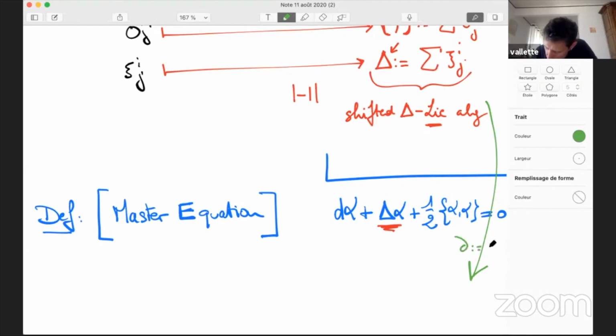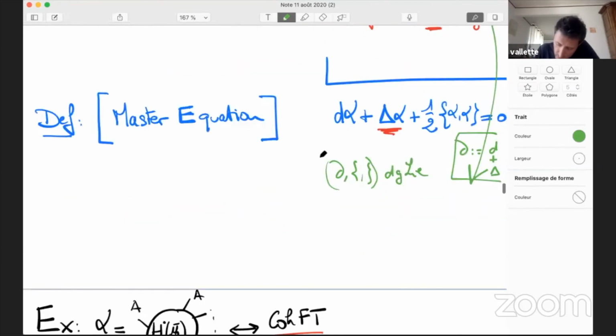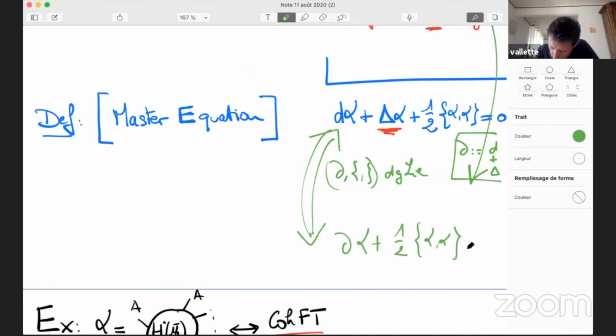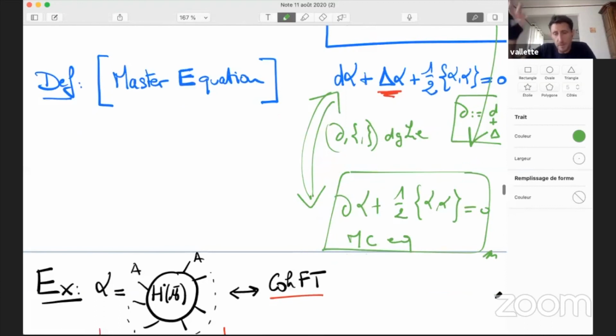We could take, let's say, curly D, which is D plus delta. Both have degree 0. So I can now forget this. I can take the sum of these two as if I was doing the inverse of a spectral sequence. Now with the bracket, this forms a DG Lie algebra. And then this equation becomes equivalent to curly D alpha plus 1/2 bracket of alpha with alpha equals 0. That is your classical Maurer-Cartan equation. So looking at solutions to the master equation is equivalent to looking at solutions to the Maurer-Cartan equation. And in this way, you can do the old-fashioned approach, which goes back to, I don't know who, Fegin and then further,